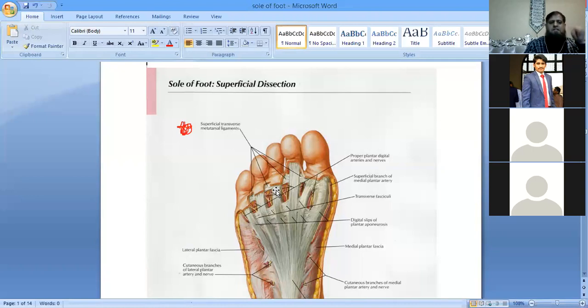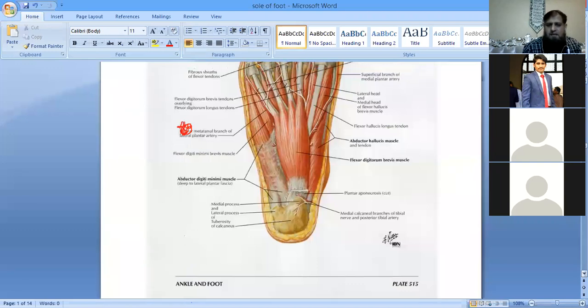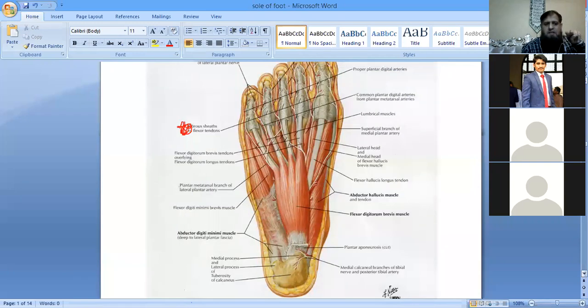Its name is deeper, है ना? So it is going towards the deeper aspect, ठीक है जी? Deeper aspect में जाएगा, and it is going to divide again. The deeper one is again divided into 2, and it is going to be attached on both sides of this fibrous flexor sheath, embracing these flexor tendons. Clear बच्चे?